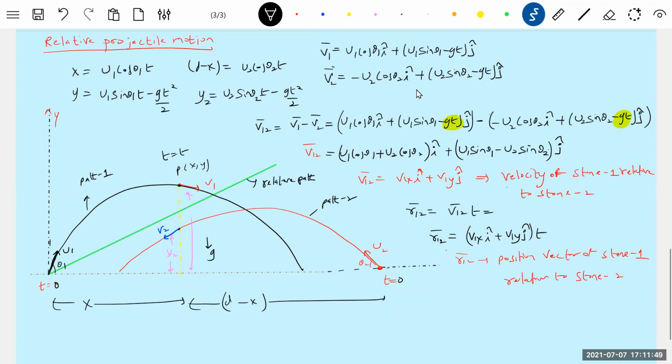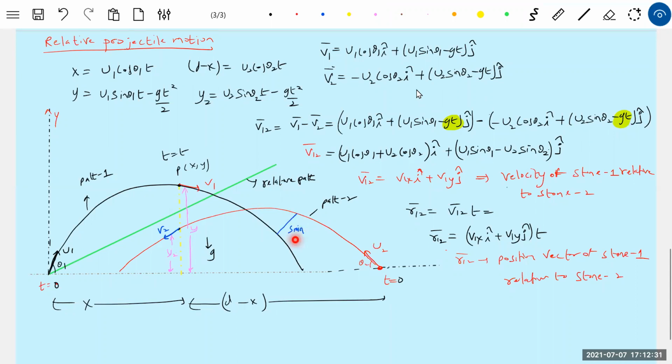Relative path, I'll write it. Yeah, we'll take it here. What type of motion does stone 1 have? Stone 1 will describe uniform velocity motion. Now during their path, somewhere they will have a minimum separation. It can happen, no? Anywhere it can be. Sir, it may happen here. I'm just showing that one. Somewhere it can be a minimum separation. The separation between them will be minimum. I want to find out that minimum separation here.